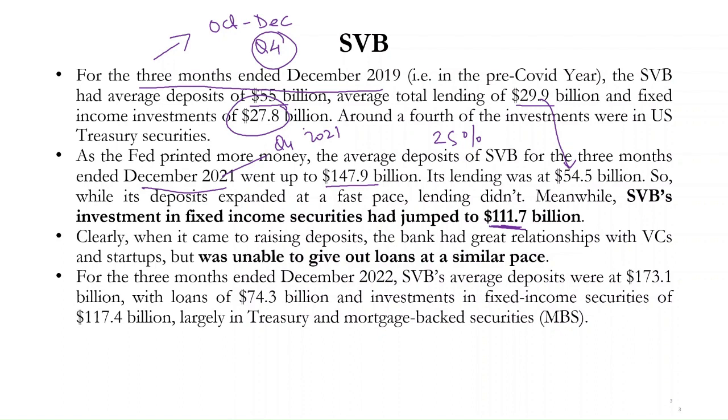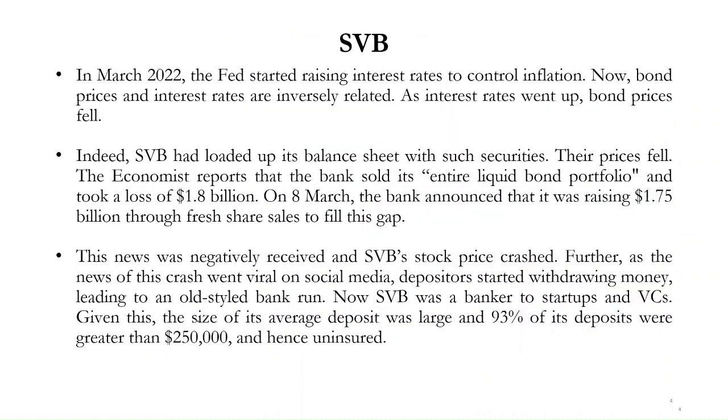For the 3 months ended December 2022, so now we are talking about last year, its average deposits were 173 billion, loans 74 billion dollars, and investments were 117 billion dollars. Again, largely in treasury and mortgage-backed securities, basically U.S. government securities. Now, in March 2022, the Fed started raising interest rates to control inflation, and as we discussed in a previous video,